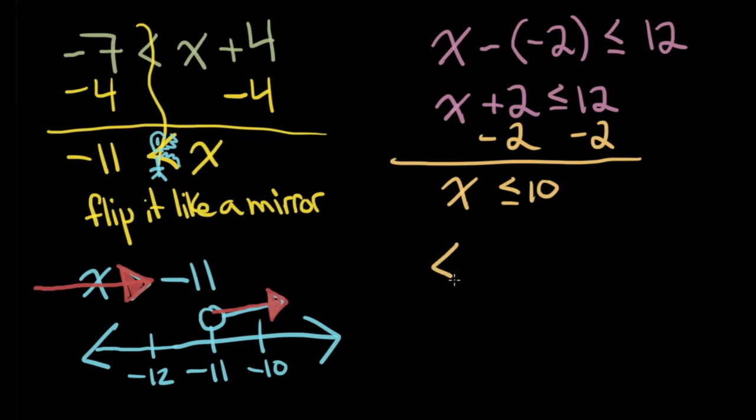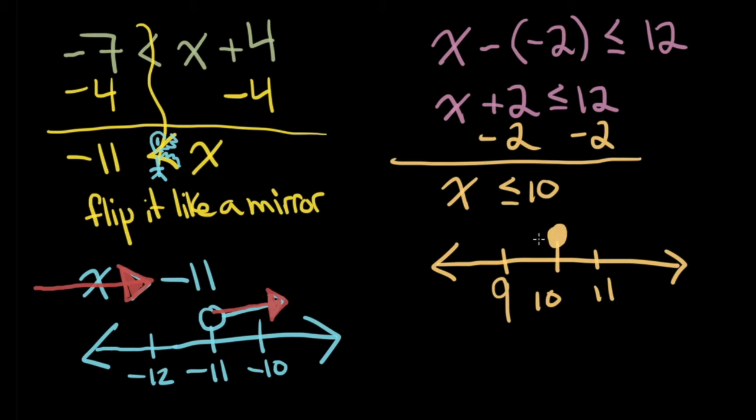Great. Graph it. Put 10 in the middle. Put 11 over here. Put 9 over here. This time it's going to be a solid circle. And my arrows are going to go to the left. There we go. Now let's go on to some more